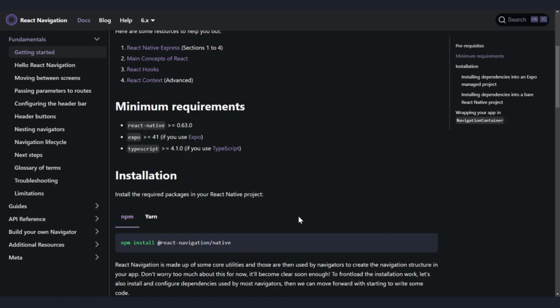You need to be using at least version 0.63 of React Native or higher. If you're using Expo, it needs to be at least version 41 or higher. Expo and TypeScript are also both compatible with React Navigation. Expo is a platform for mobile app development, and TypeScript is a JavaScript-based programming language that also supports certain React and React Native libraries. If you're using TypeScript along with React Native, it needs to be version 4.1.0 or higher